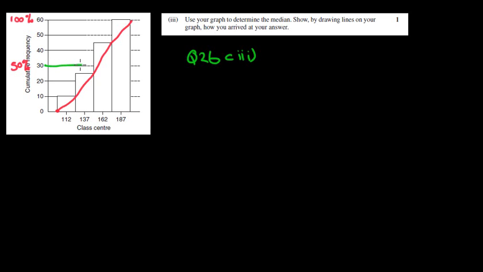So if I go across here and get to the line, obviously yours is going to be a bit more accurate than mine, and come down here. Now, these are class centers. So I guess in a way, we could talk about this being continuous data, that it's not just the 162 group, that was a class center. So actually, your result down here, if we look at accurately from your graph, should be around about, I'm going to put that approximately equal to